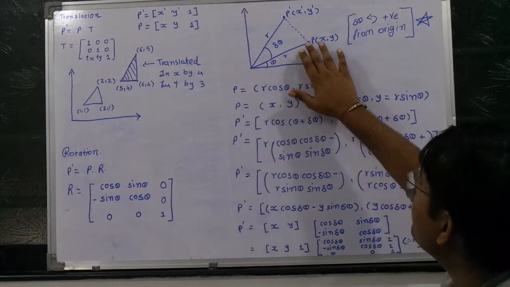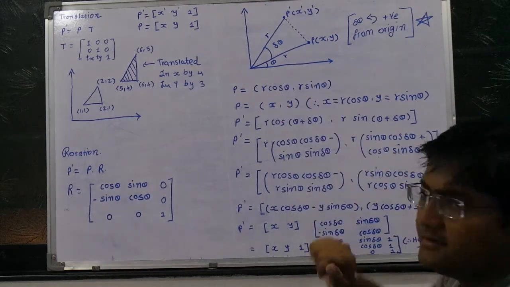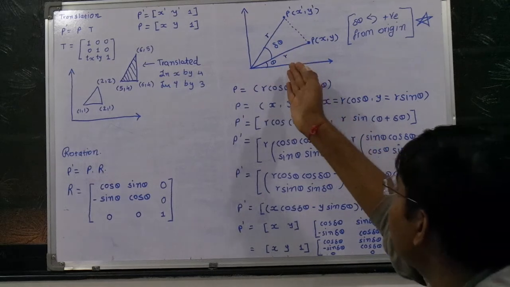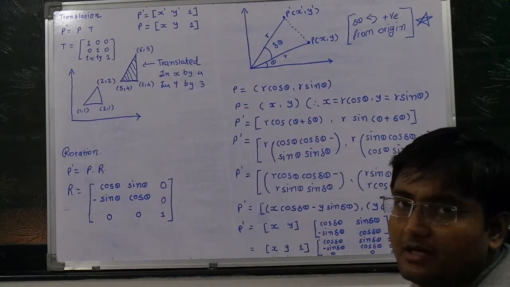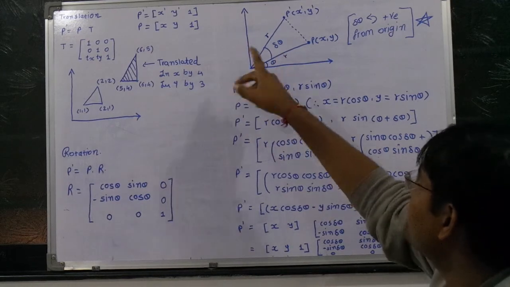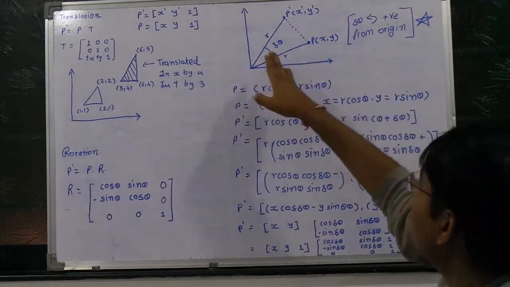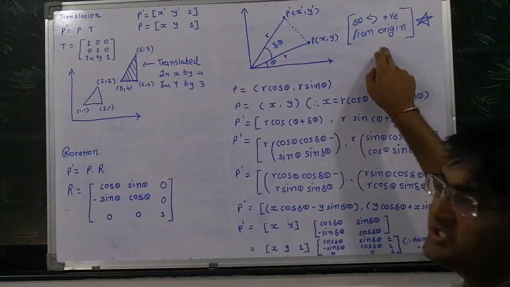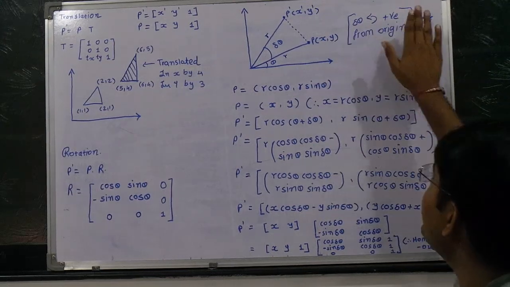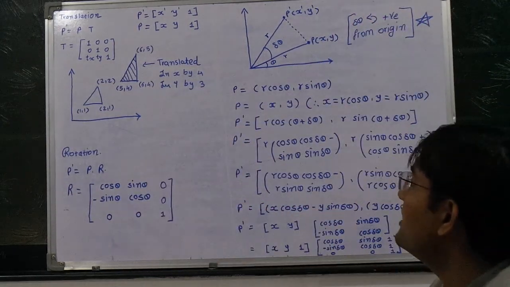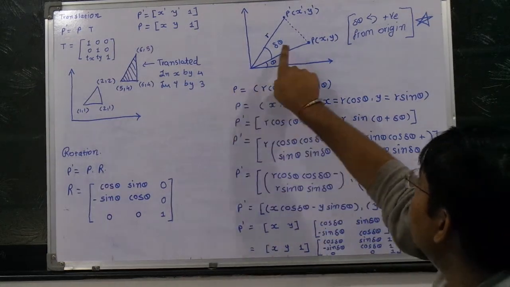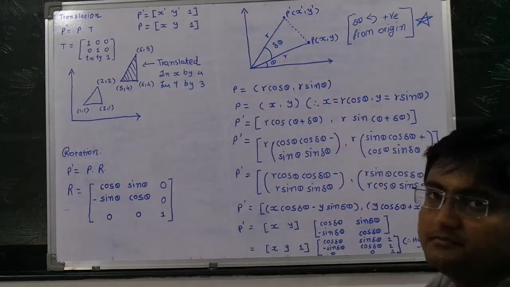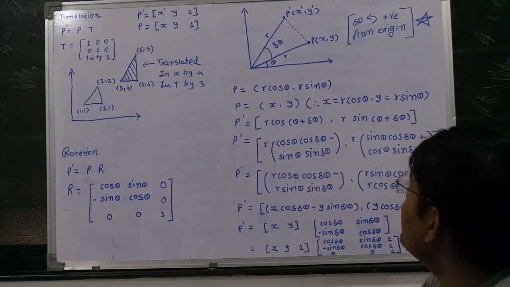So I am taking any line with the length r here, and it is right now at a theta angle and needs to be rotated by delta theta in the anti-clockwise direction, as you are seeing from here. We are taking the rotation of the plane with reference to the origin. These two things are default considerations in a rotation matrix. So the first point P is x and y, which I can say is r cos theta and r sin theta as per the triangle rule.